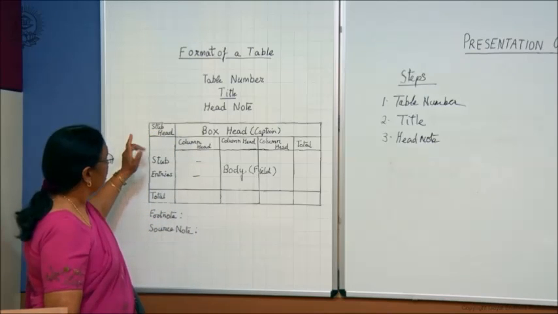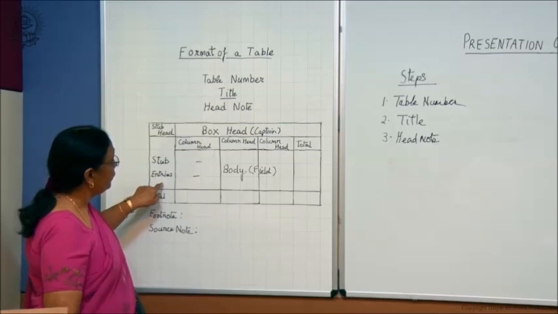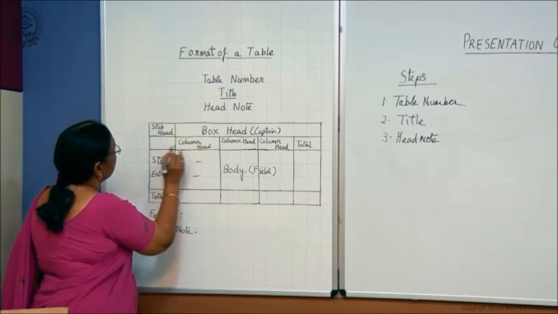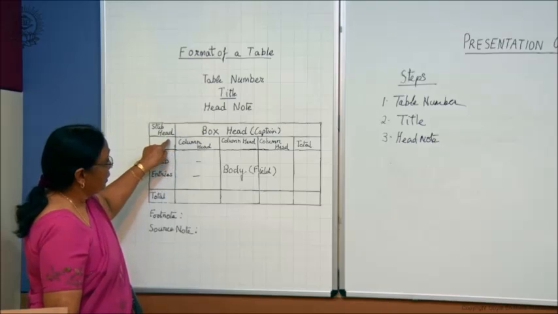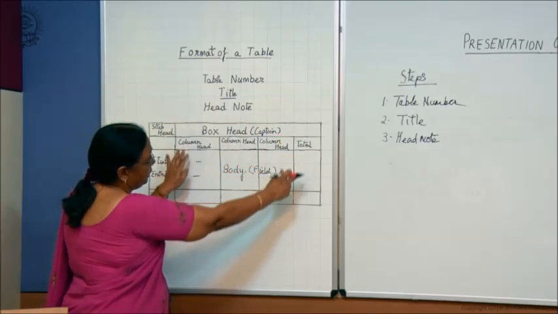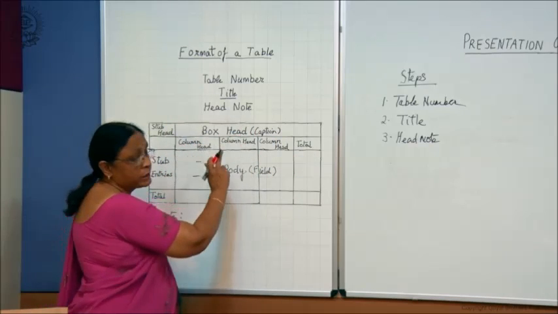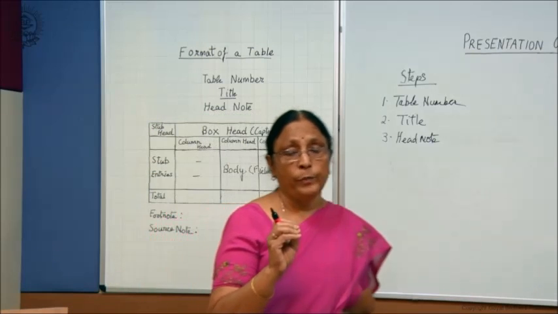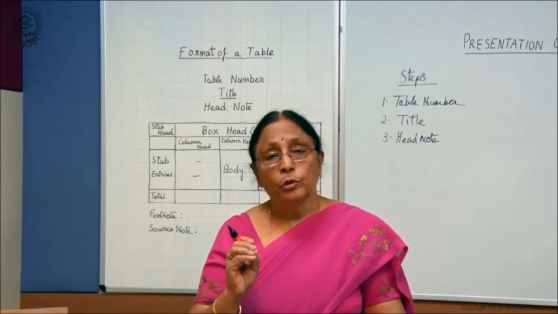On the left hand side you write down the stub head, and below this we have the stub entries. Now this stub head, what does it mean? First we'll take the box head. Box head means caption. That means suppose we take this example that you want to know the number of